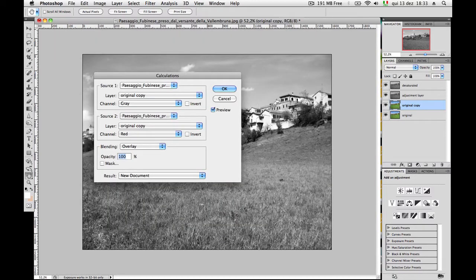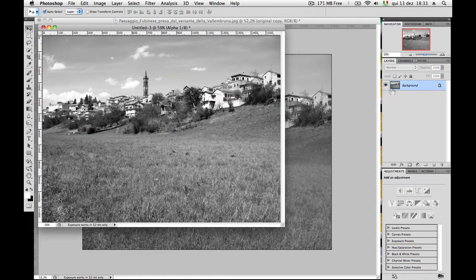Okay, now we have just one last option to select, and that is where we want to put the result of this operation, of this calculation. And I prefer to put the result in a new document, because when we work with the channels, we can just flatten all the image, and I prefer to put it in a new document and then import it back to the original composition. So in this case, I click OK, and now I have a new document, but just with